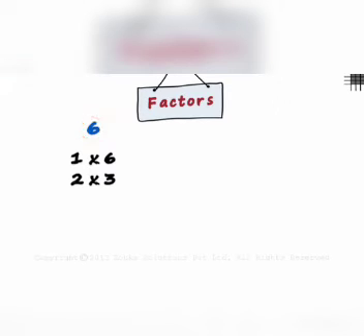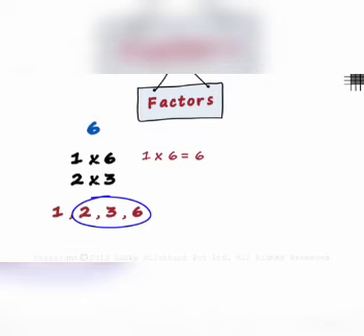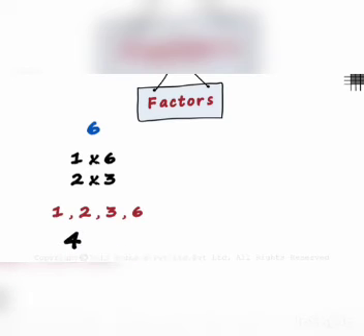No, there isn't any. So the factors of 6 are these 4 numbers: 1, 2, 3 and 6. 1 is a factor of 6 since there is some natural number that it can be multiplied with to get the original number. Similarly, 2, 3 and 6 are also factors. But the number 4 is not a factor of 6 because it cannot be multiplied with a natural number to get a 6. Let us also try finding factors for the number 8.